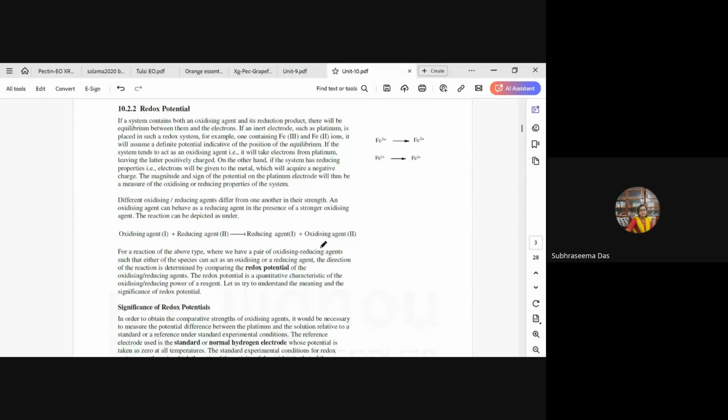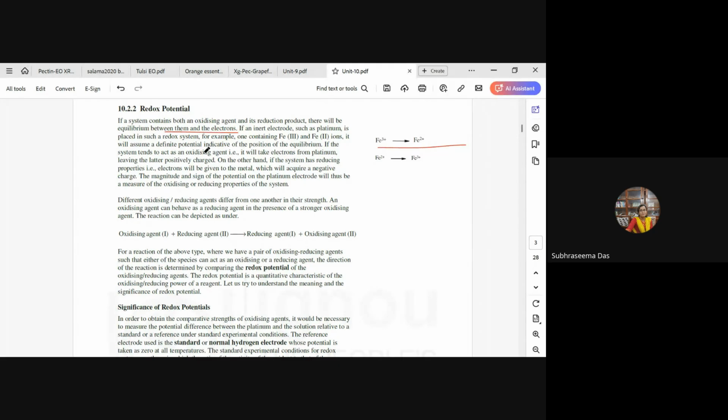Then coming to redox potential. If a system contains both an oxidizing agent and its reduction product, there will be equilibrium between them and the electrons. Suppose an inert electrode such as platinum is placed in such a redox system, like Fe3 plus and Fe2 plus in this reaction. It will assume a definite potential which indicates the position of the